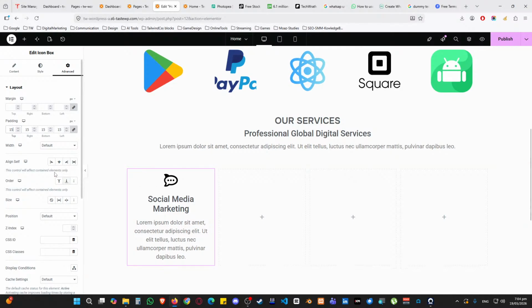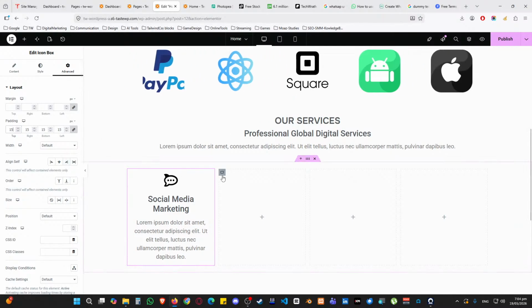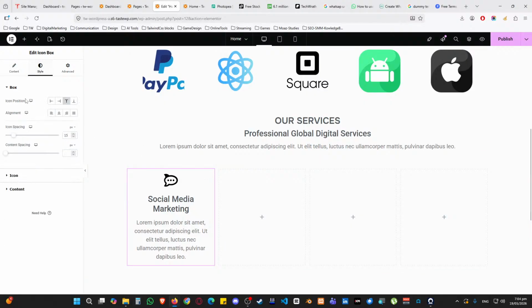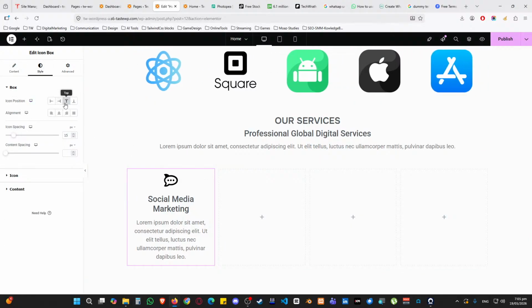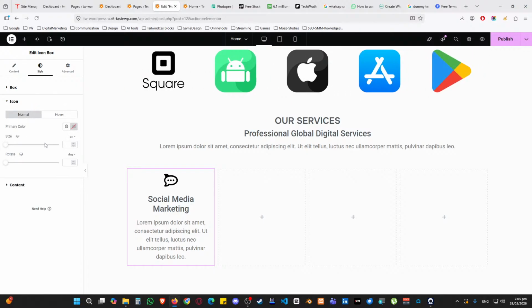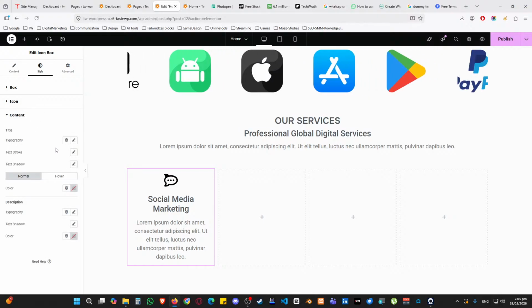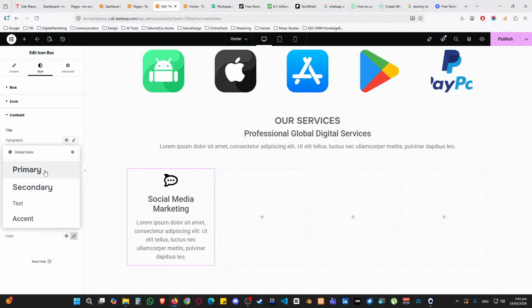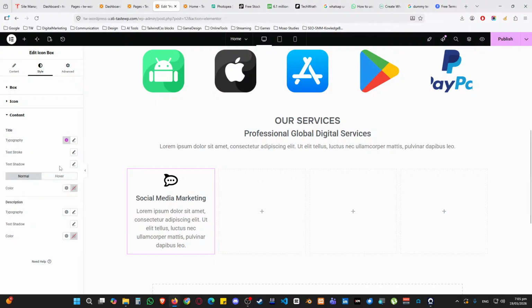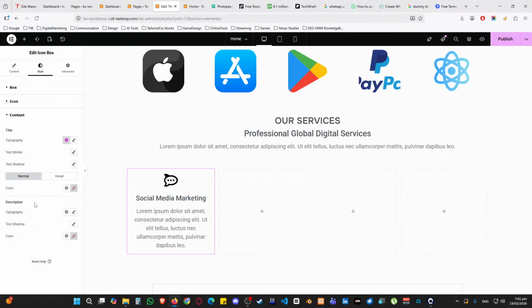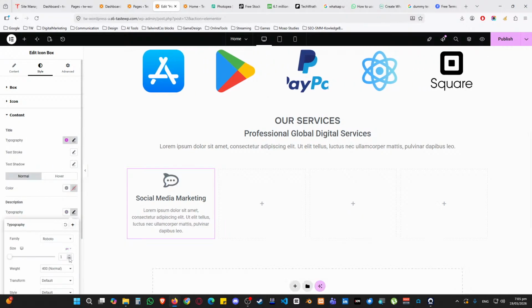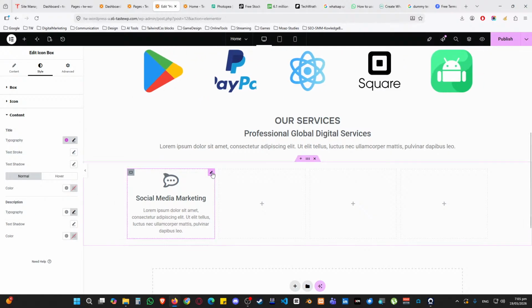As we know, this is, and you guys can play with it. So settings, box is right, alignment is right, icon padding is fantastic. So icon size is also fine, rotation don't need it. So content, title, I think we can use the accent heading. And for text, I think we can use the text, but we can change it to 1. Now it looks more of